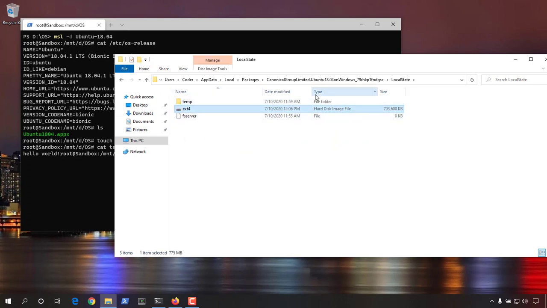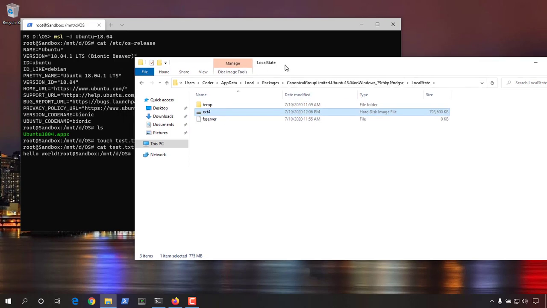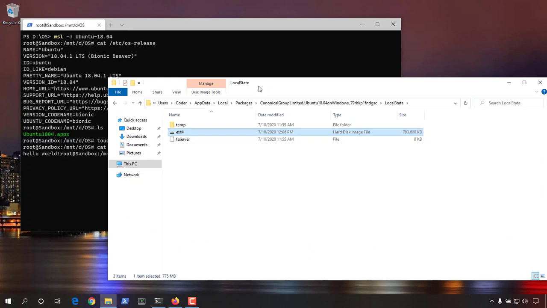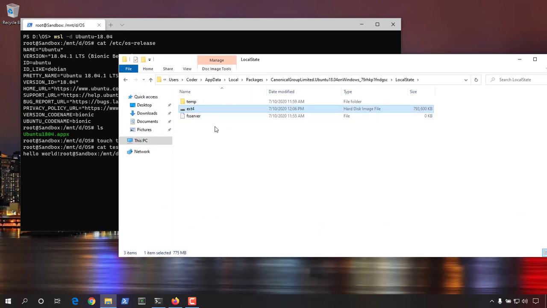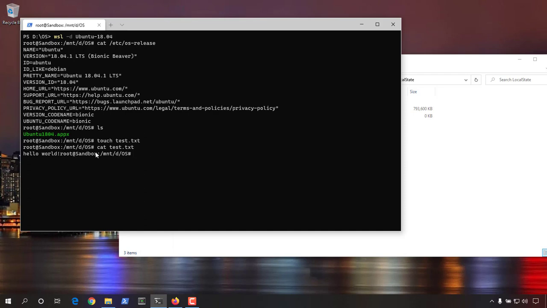Normally I would have access to this file and I could just go directly into it, but I can't right now. So it's like a hard disk image, right? I want to be inside of this hard disk and do everything and mess everything up. If I do anything, it's going to be inside this hard disk, right? So right now I'm in my D drive. So this is actually files and folders that are in my computer. So now, just to change that,